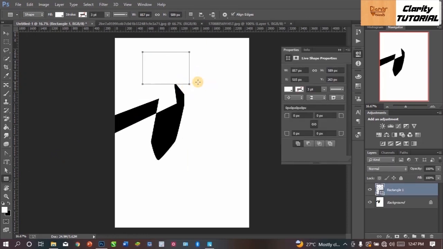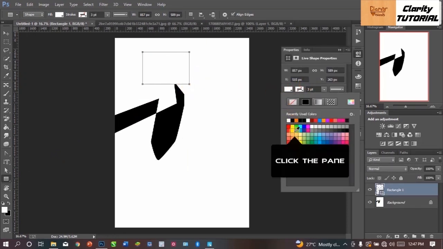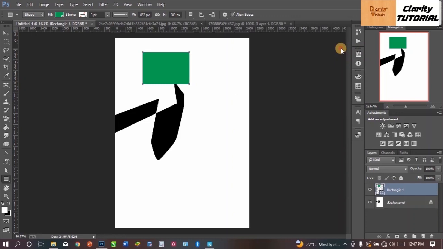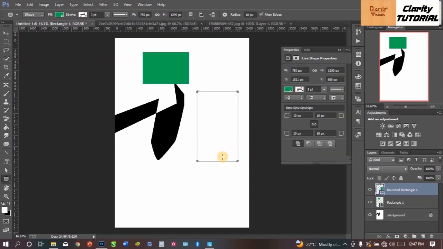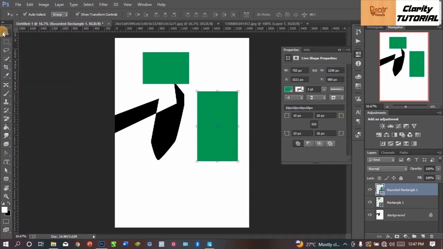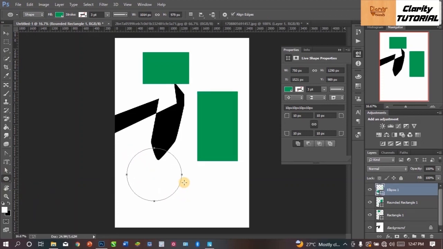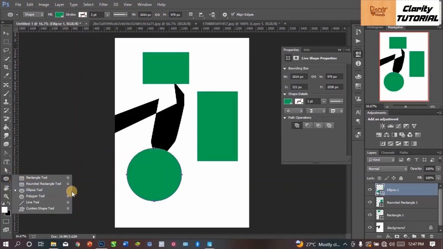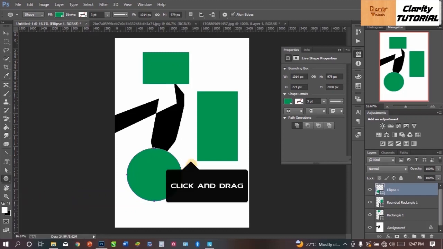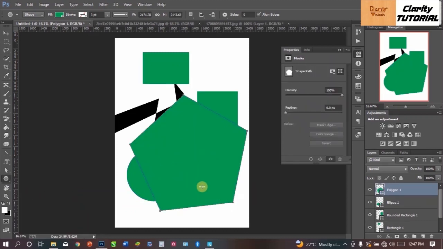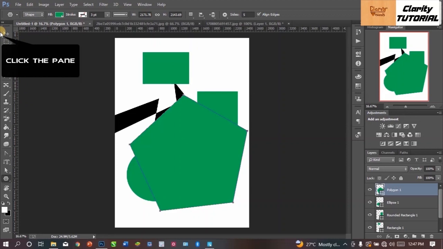You can set control a rectangle. You can see a rectangle. So this one is used to draw a rectangle, or a square. Anyone that you like, you can see the different type of shapes that you like, polygon too. So that's the use of these tools. So right there we have the